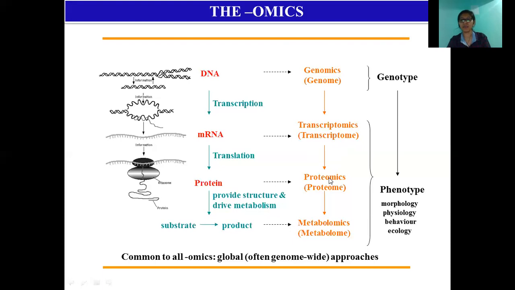Next to transcriptomics, the next level of study is proteomics. In proteomics, you study the total protein complement of a cell, meaning whatever different types of proteins are synthesized in a particular tissue at a particular time, you can study it with the help of different tools used in proteomics. And next to proteomics, you can study the metabolite profile, what kinds of metabolites are synthesized in the cell. That is called the study of the metabolome profile of an individual.